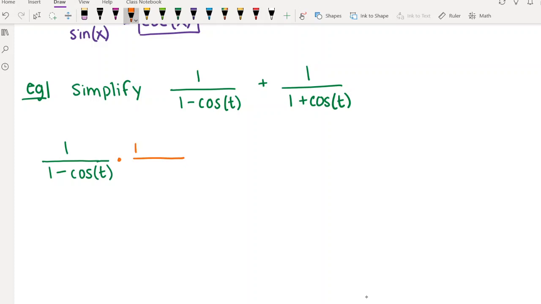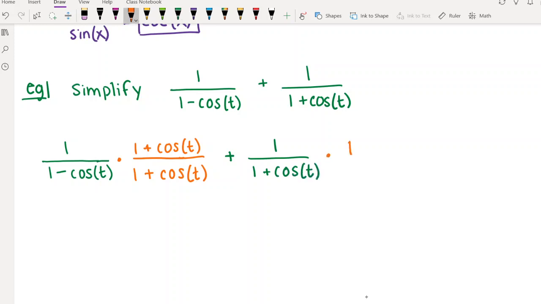we're just going to multiply this one by 1 plus cosine of t over 1 plus cosine of t, and then the other one will multiply by 1 minus cosine of t over 1 minus cosine of t. So here we get